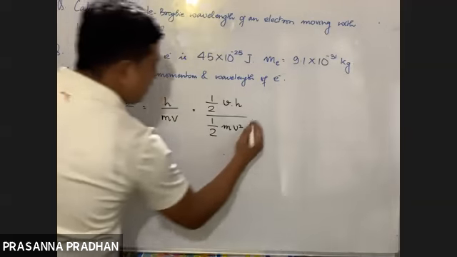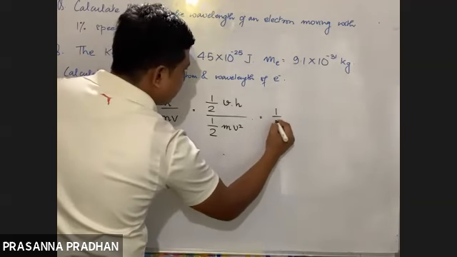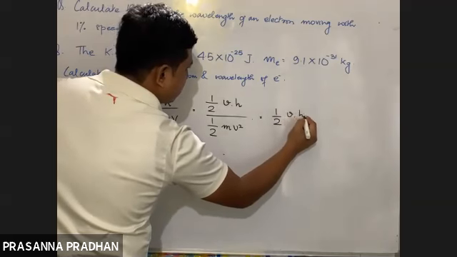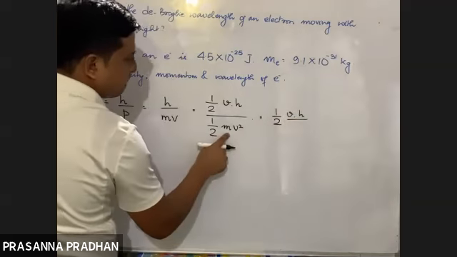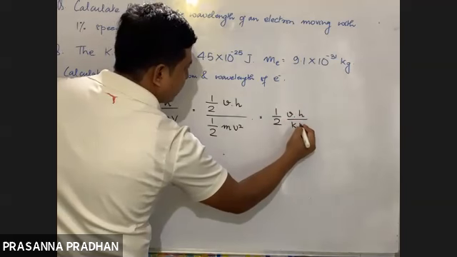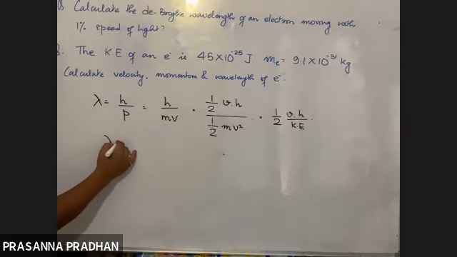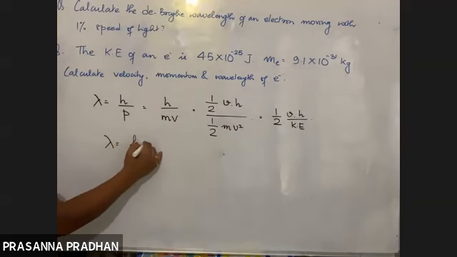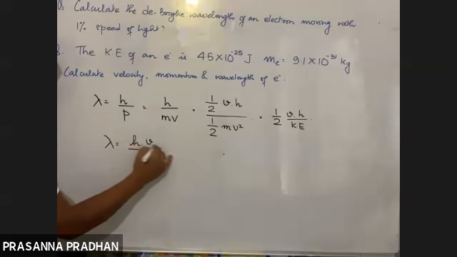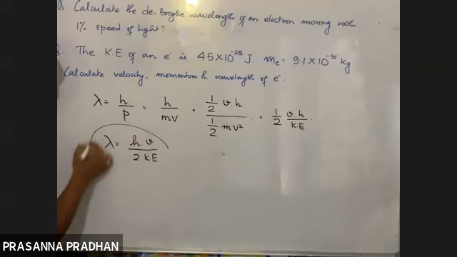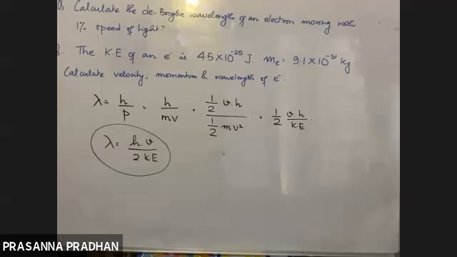Now, what does this numerator denote? Half mv square? Kinetic energy. This denotes kinetic energy. So, lambda equals h into v, or h into c, whatever you feel like, by twice kinetic energy. So simple. अब lambda का अभी derive किया हम लोग ने. We can derive like this, right?